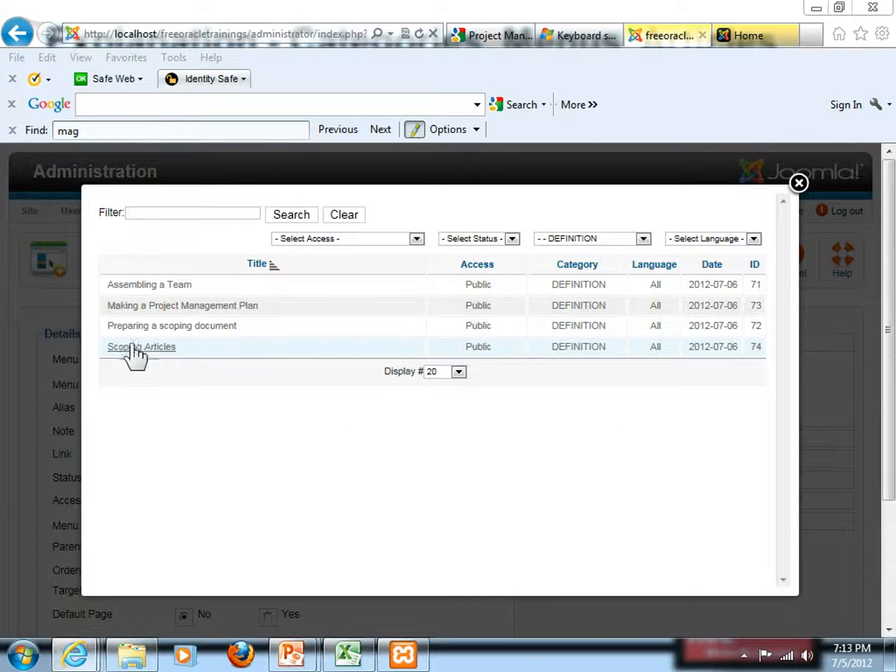So I would say assembling a team is an article I want to associate with the menu. Now this is an example I'm giving. Later on we'll do a couple of things around this menu to understand a couple more features for the menu and associating articles. So select one article